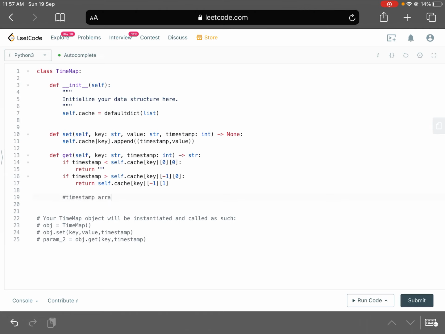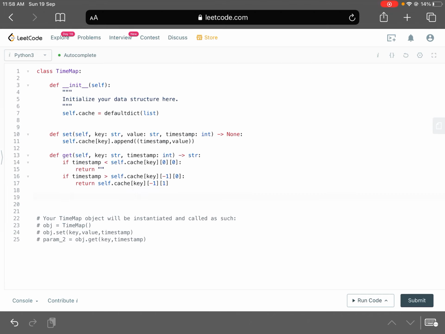So imagine there is a timestamp array, and by the way, when we do self.cache of key, the first element here is actually pointing to the first tuple, right? To access the timestamp, I'm just doing it like this. To access the value, I'm doing it like this.